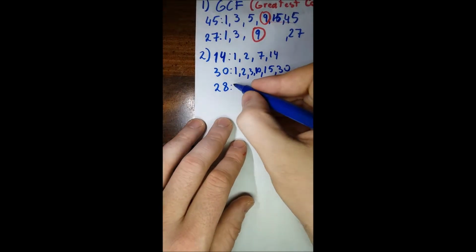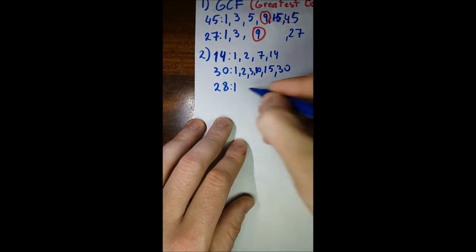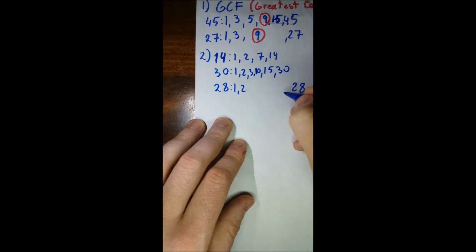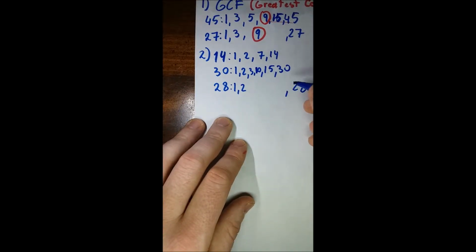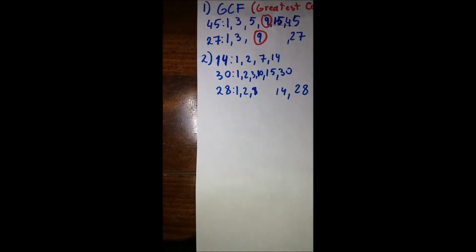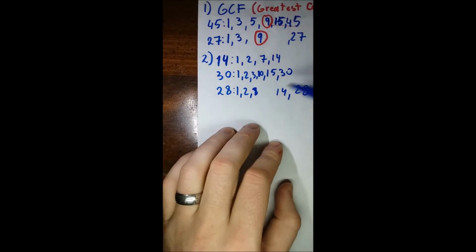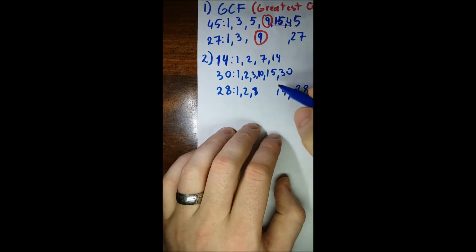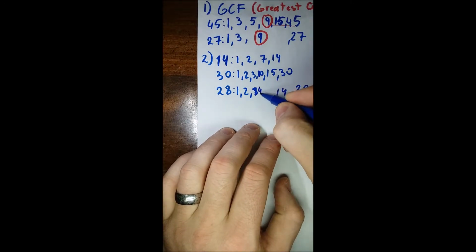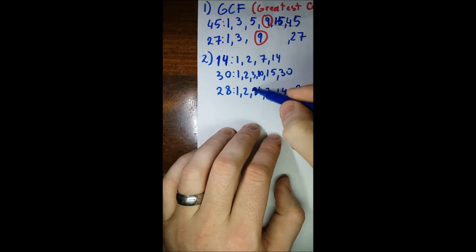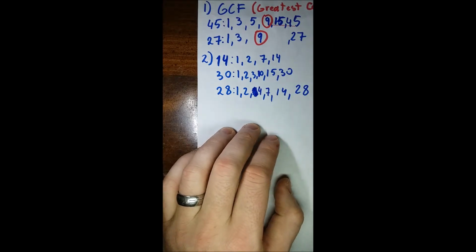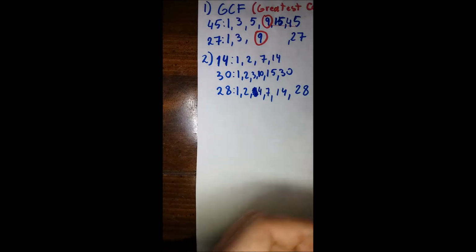And finally 28. I know 1 and 28. I know it's going to be 2 and 2 times what equals 28? 14. So factors of 28 are 1, 2, and I know that 4 times 7 is also 28. So now we're going to choose the greatest